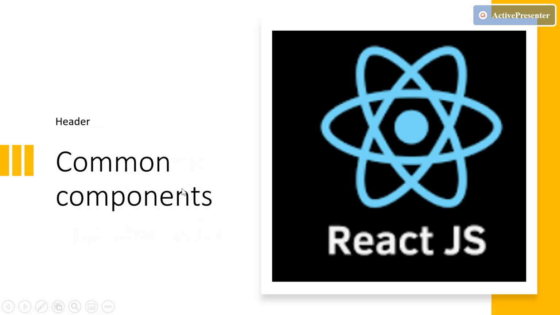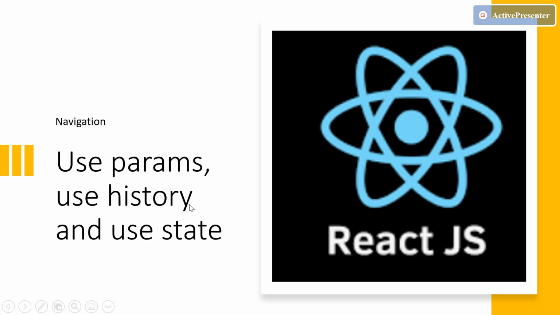In our previous video, we have seen how to create a common component which contains the navigation information. In this session, we will see how to read the query params information in between employees and department pages. In the same way, we will see how to navigate back from the department to the employees component, and we'll try to set up some data with the help of useState.